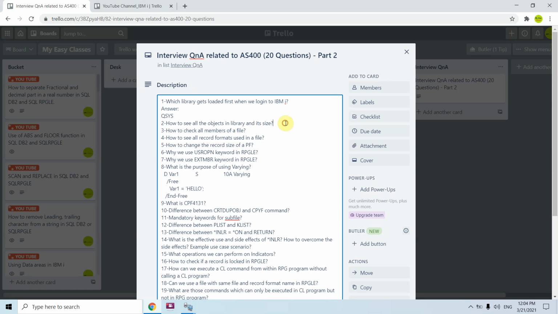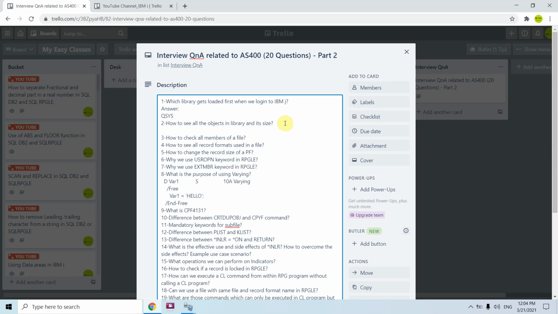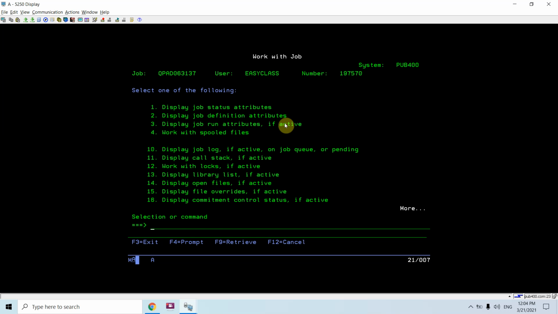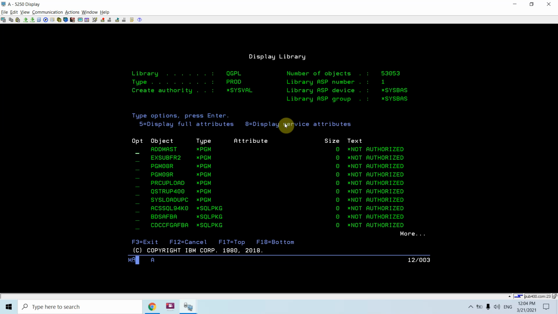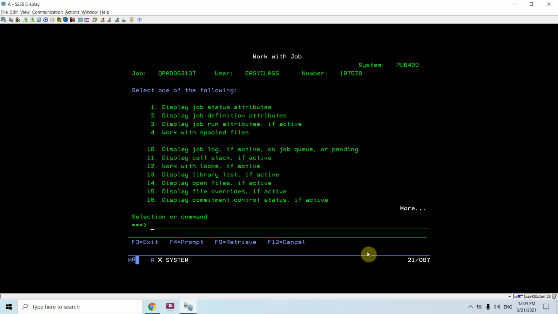Now, how to see all the objects in a library and its size? So there is a command DSPLIB. Let's do it on the QGPL library. Number of objects are this one. These are the objects.